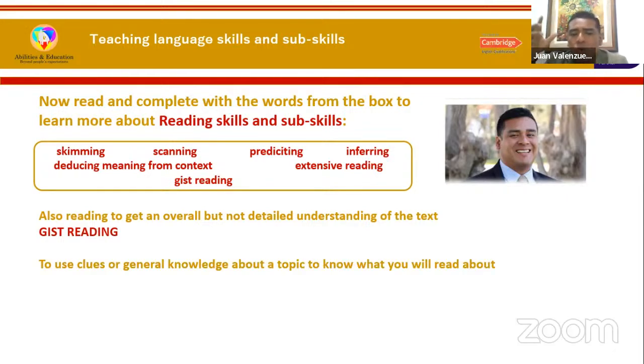Remember that gist and skimming are the same thing. To use clues or general knowledge about a topic to know what you will read about is, good. Thanks for your answers in the chat. So you need clues because you don't know what this will be about. So you have to, excellent,